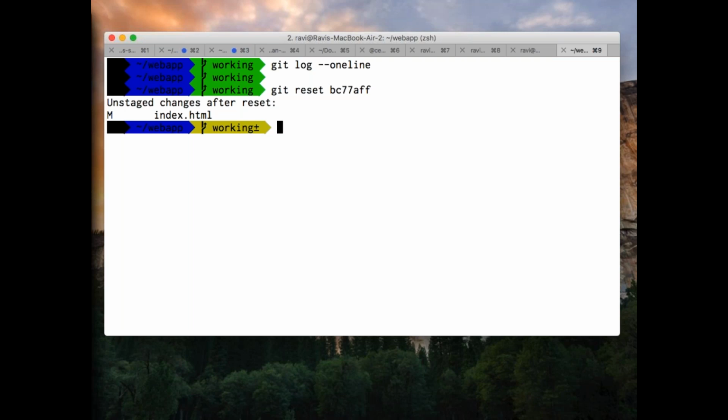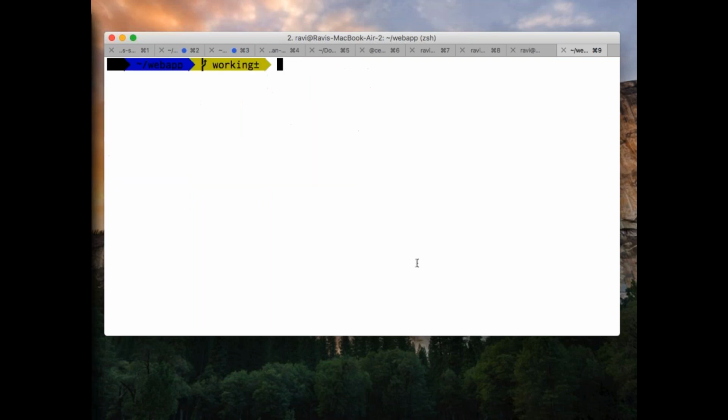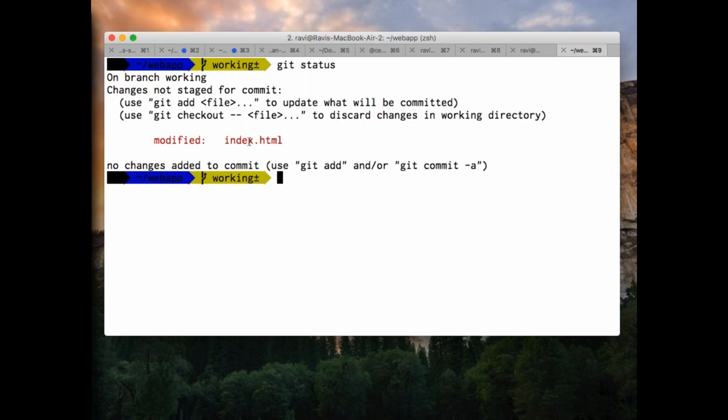Alright, and if I go and say cat, what is it? Okay, because it was modified, right? So it says unstaged. If you commit those changes, they will be gone. So once I do my reset, all the changes which I did till that point in time, okay, fine. So you need to use one more command. So git status. You see, it says you want to modify this particular file.